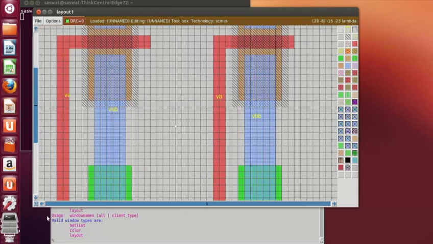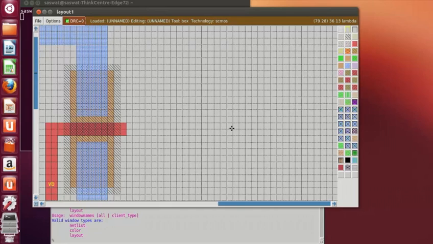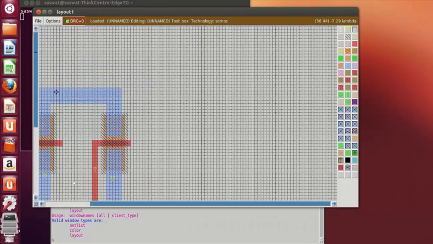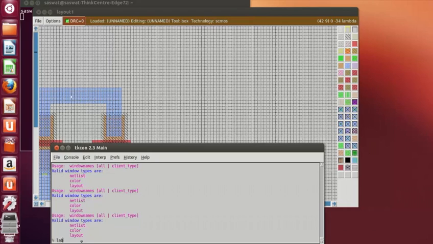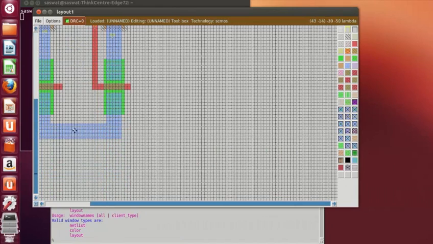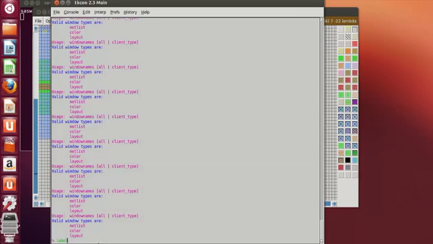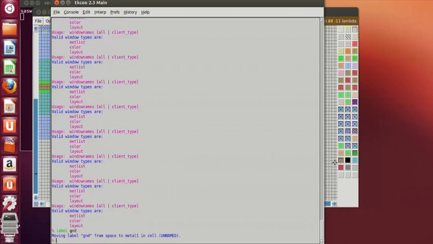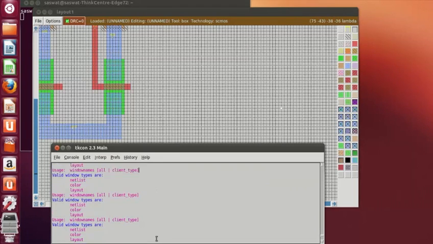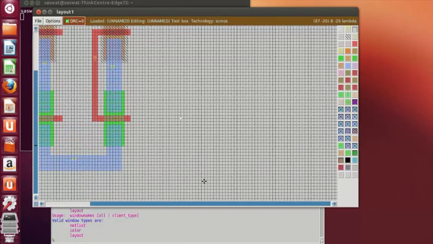Okay. Now what next? After drawing the inverters, we have to draw the transmission gates. Shift set. If you want, you can do the labeling for VDD also. Label ground. Okay. After VDD and ground,